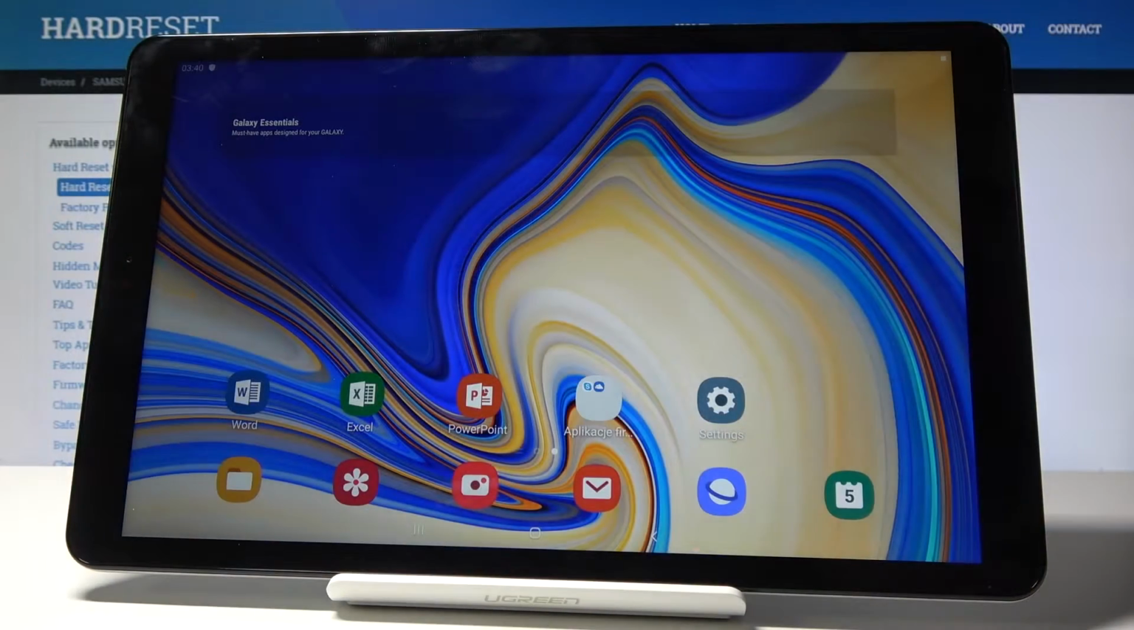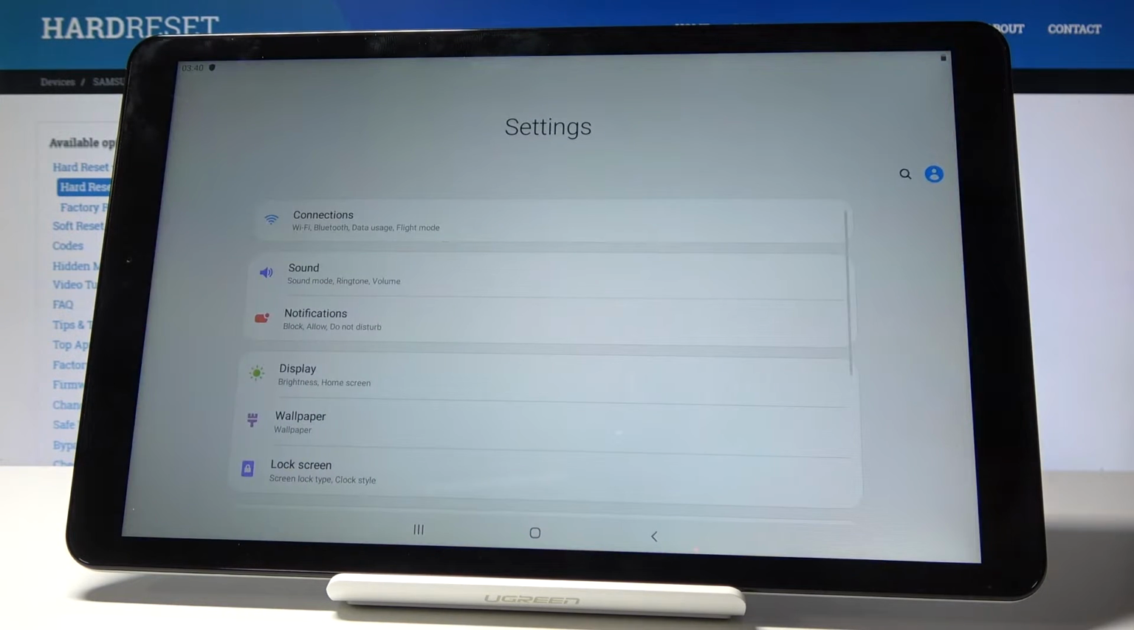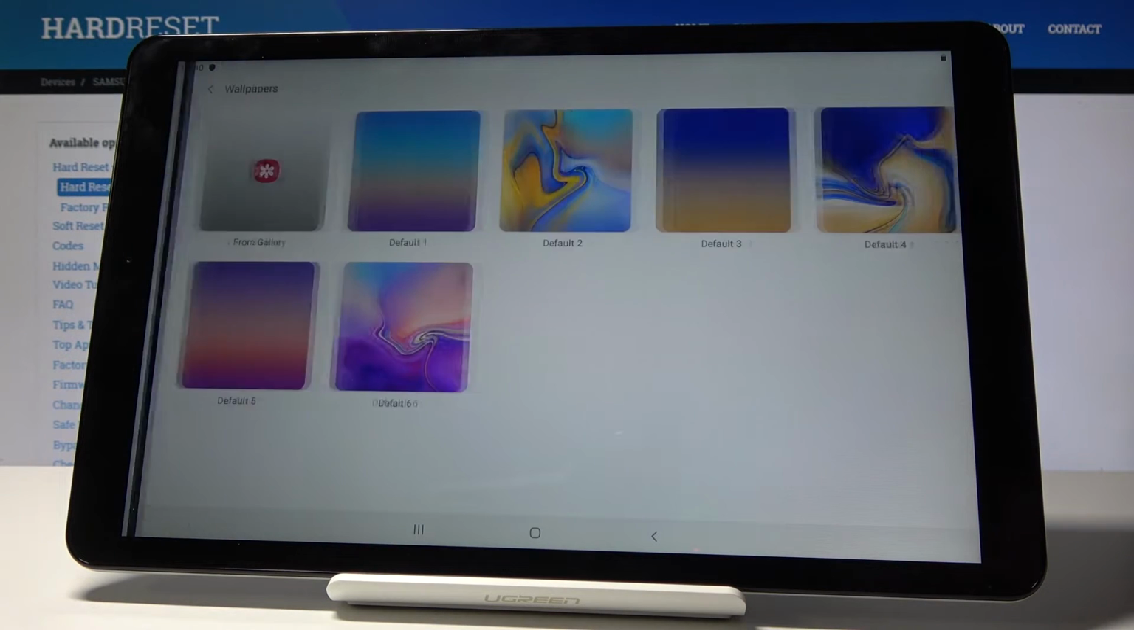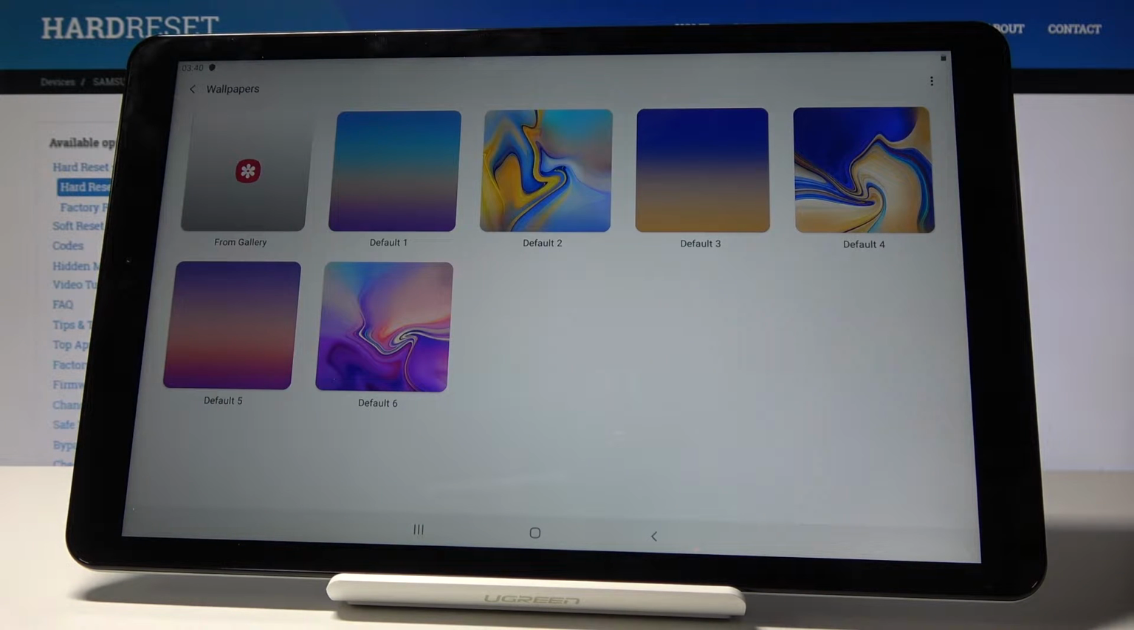Here I've got Samsung Galaxy Tab A, and let me show you how to change wallpaper on the following device. So at the very beginning, you have to open the settings, then find and pick wallpaper. And it's time to pick the wallpaper that you would like to cover your screen with. You can either pick one from the defaults or pick some picture from your gallery, so it's all up to